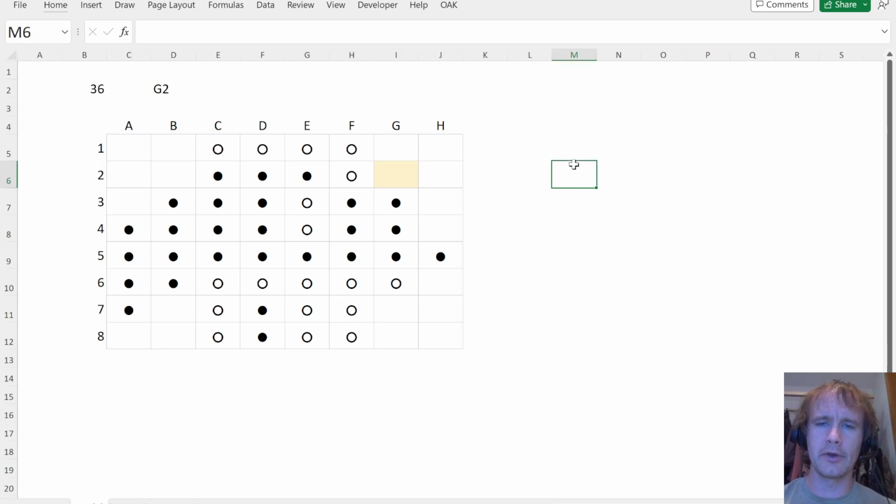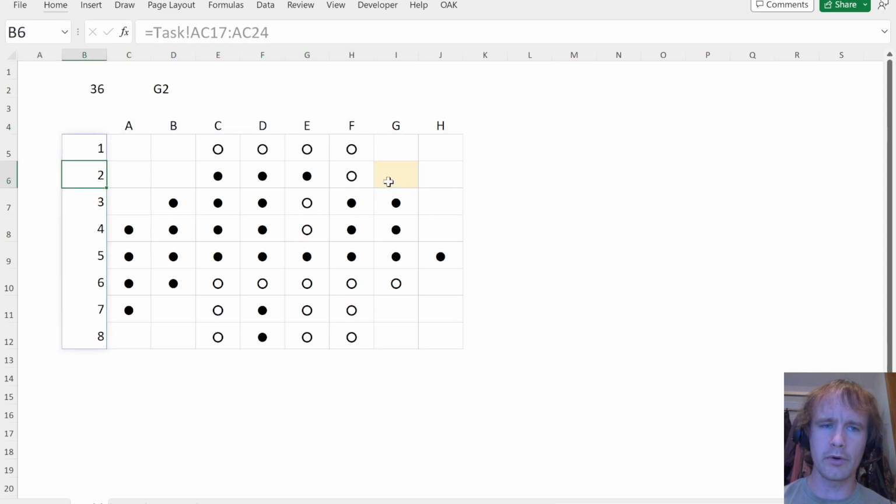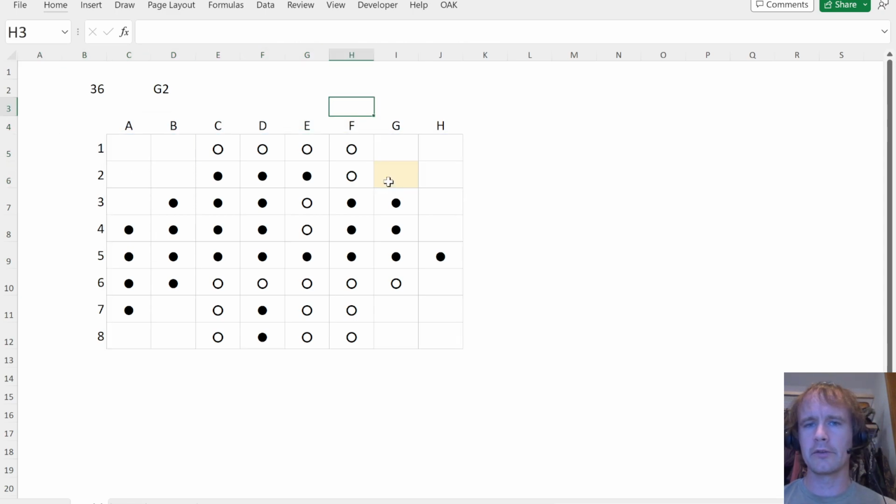So here's how I'm going to do it. First, I'm going to think about my thing in terms of x and y coordinates, right? So the x coordinate is going to be, it's in column 7, and the y coordinate is going to be, it's in row 2. So I'll just do that as x start, and I'm just going to say